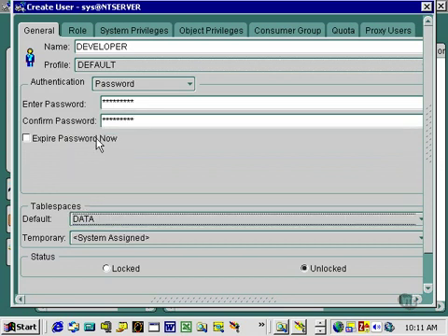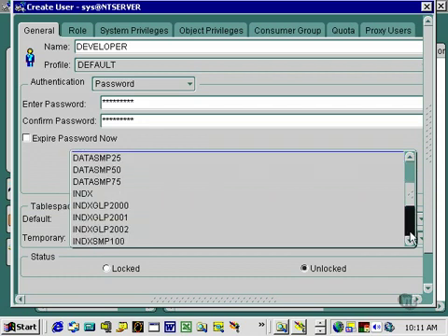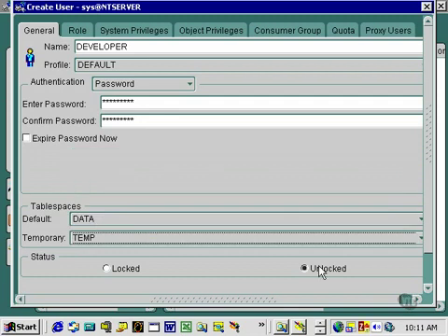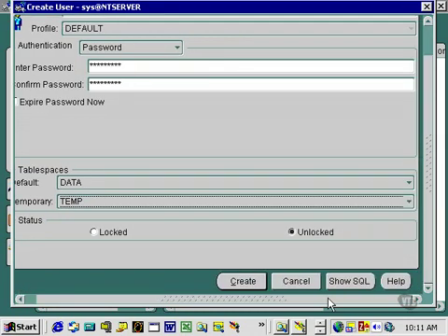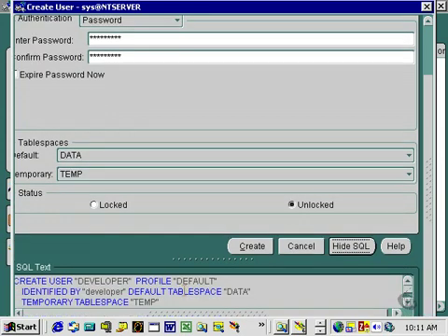data. The temporary table space, as you can see, is system assigned automatically, and we want to go down and look for our temporary table space. His status is obviously unlocked. His password will not expire now. What we want to do is show SQL. If you click the show SQL button, it will show you the SQL that the system is going to run